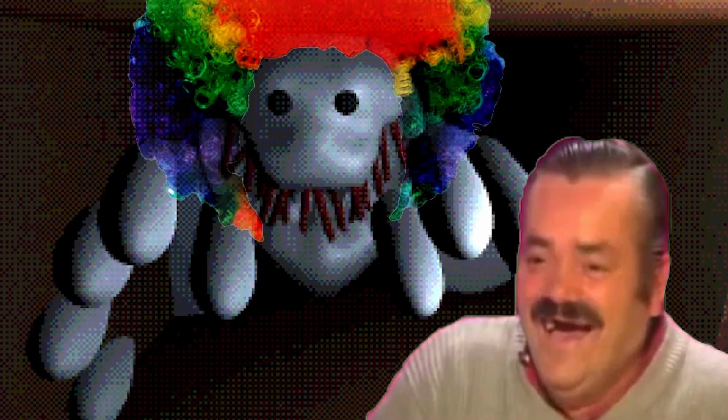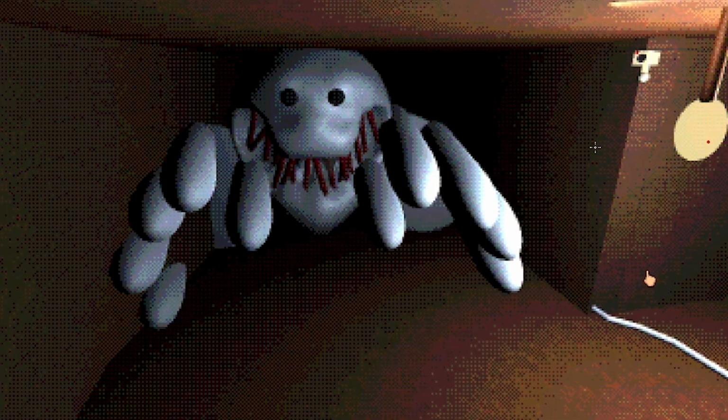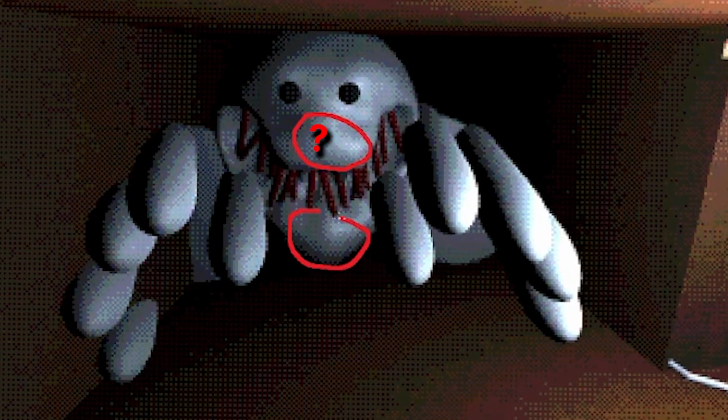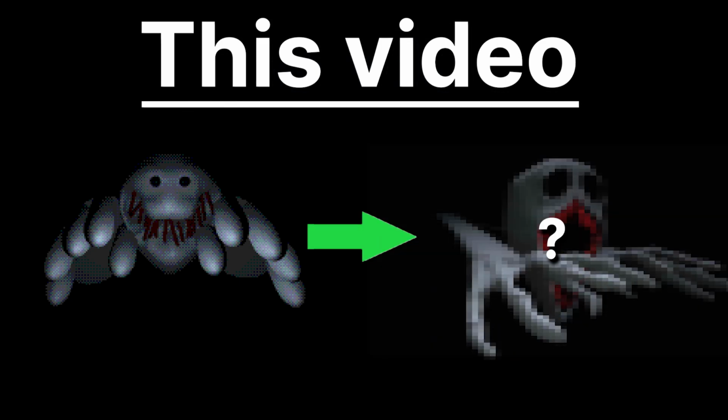Okay, I understand. The monster in my horror game might not be the scariest one, but why? Why does this monster not look scary, and what parts of it do we need to change in order to make it look terrifying? In this video, I'll be showing you how I transformed this Marshmallow Man into a horrifying,